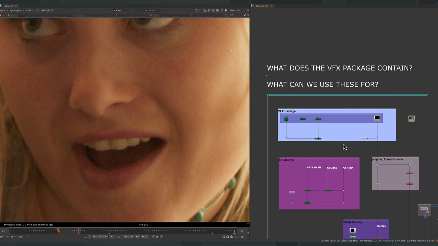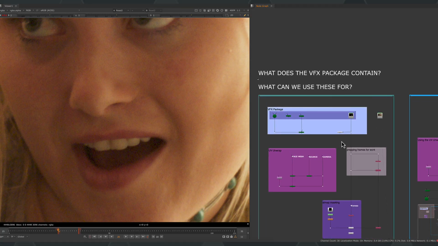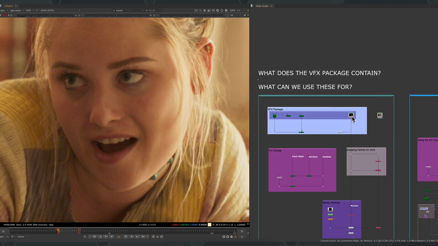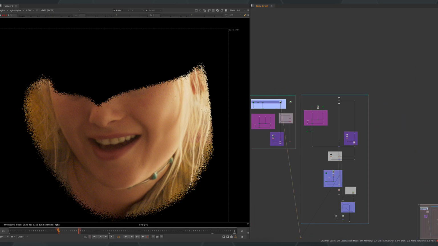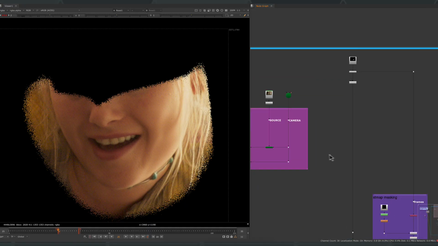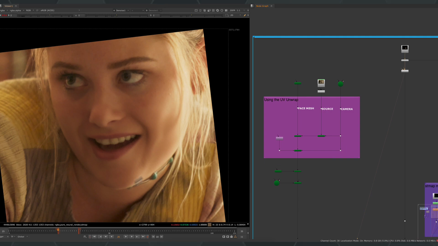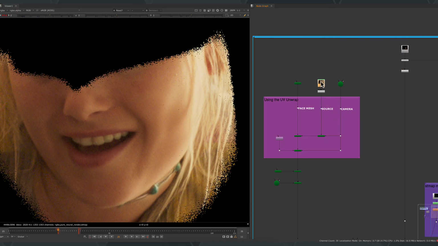So what I can do is, now that we've seen some of these files, I suggest we have a look at what we can actually use them for, and how I would suggest going about cleaning up a shot like this. So over on this side, I have just a quick script that we can run through, and we can just have a look at how we might apply some of these techniques. So the first one that we're going to look at is getting some more detail onto this face that may be absent in the deep editor output.